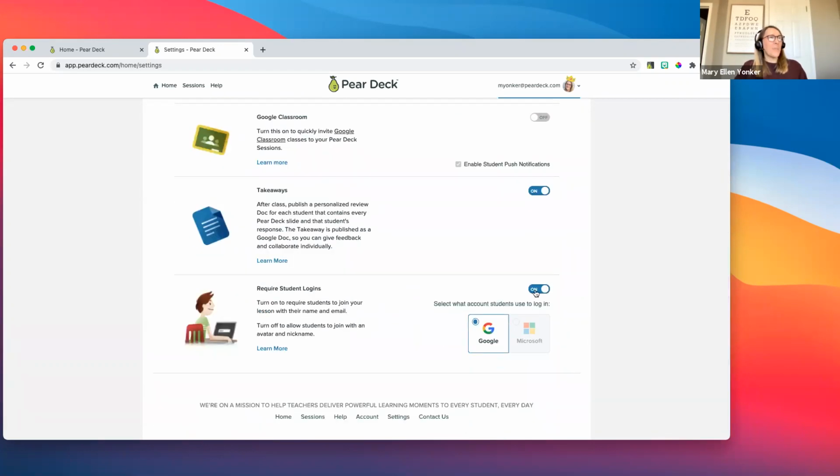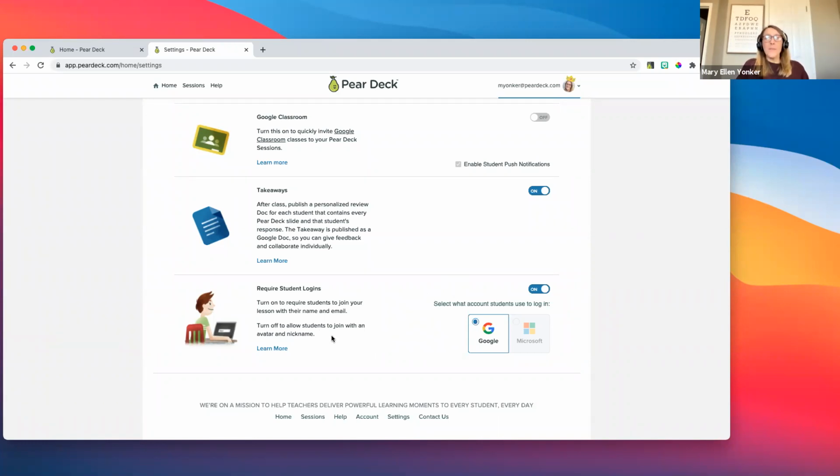And the last option you have is to turn off and on requiring student logins. If you turn this on, your students will be joining with their email address. That way you will be able to see the students that are in your session, and you'll be able to see which responses belong to which students. If you turn this off, then students will be joining anonymously.